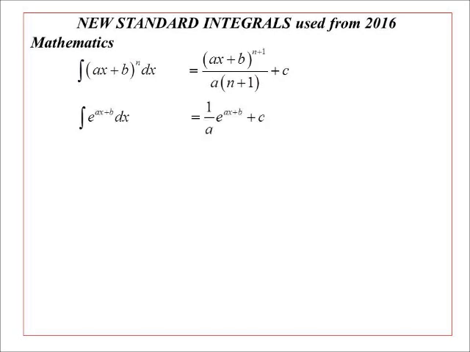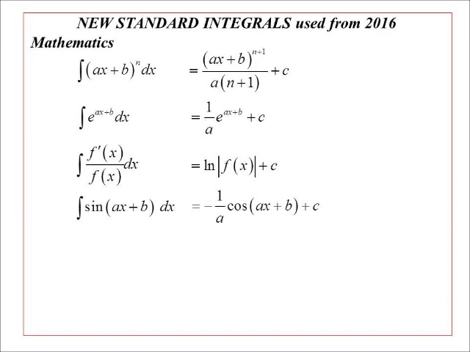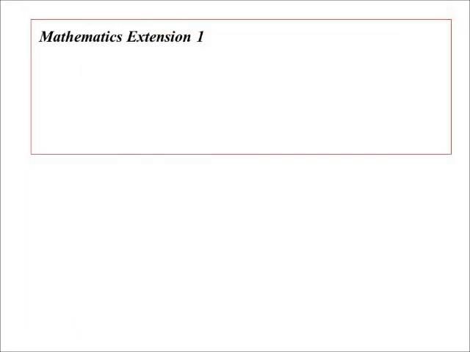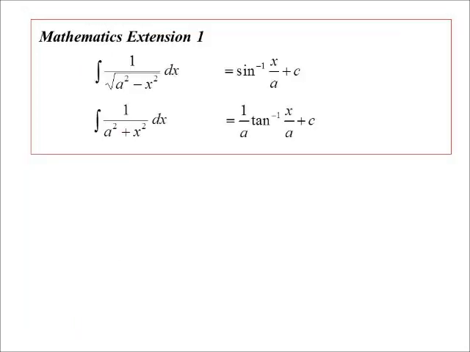Exponential of a linear function, so that's still there. They actually write the log one now as derivative on function. So rather than just limiting it to 1 on x, and they have got the absolute value there on that one. So log of the absolute value of function x. Sine of a linear function, cosine of a linear function, sec squared of a linear function. So they're all there. Then, on the sheet that has the extension 1 stuff, we find the inverse trig ones,